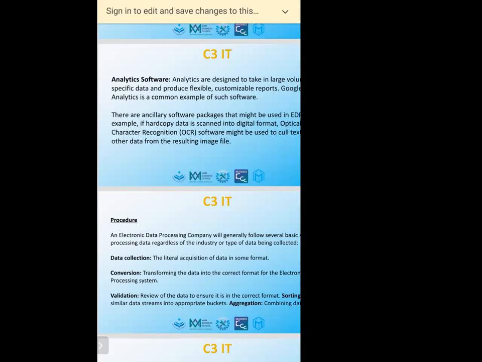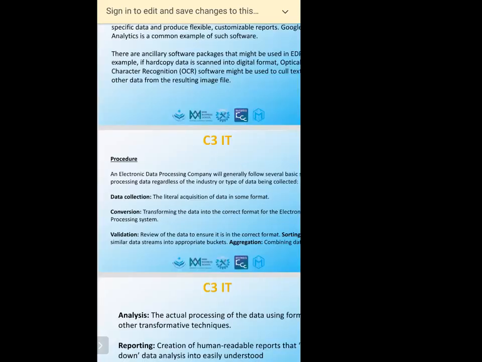The next one is conversion. What is called conversion? Conversion is the process of entering the collected data into the input device, so that it is stored as electronic signals. That is called conversion. Whatever data you received in your data collection forms, you have to enter through the input device and convert into the form of electronic signals.